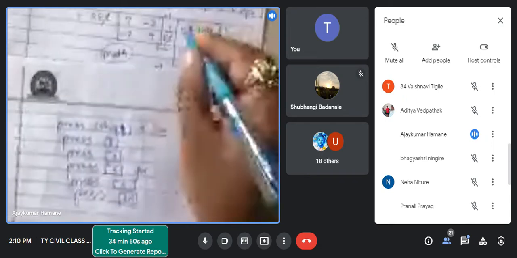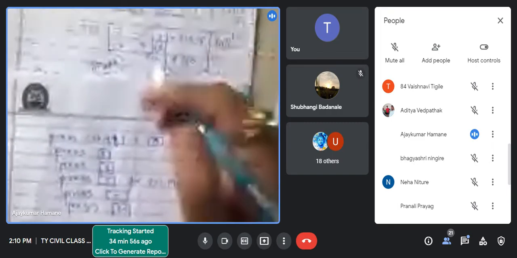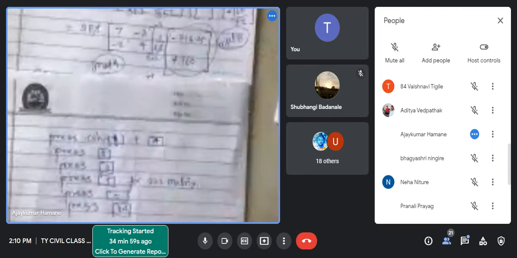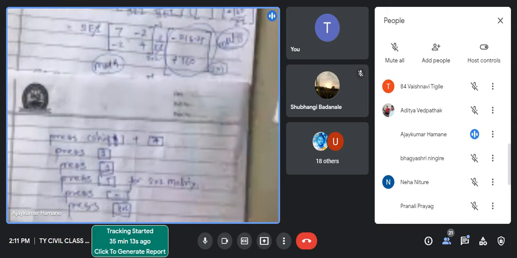Again we have to assign this matrix, so we'll assign it as mat B. The same procedure we have to repeat: shift 4. Then dimension 1. Then we go to mat B, so for mat B you press 2. And what is the order of the matrix? It is 2 rows, 1 column, 2 by 1. So for 2 by 1 press 6. Then assign the values -216.25 and plus 160. Then again press on after assigning the matrix. Have you assigned?